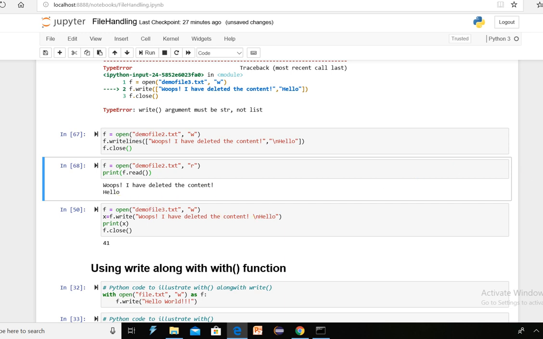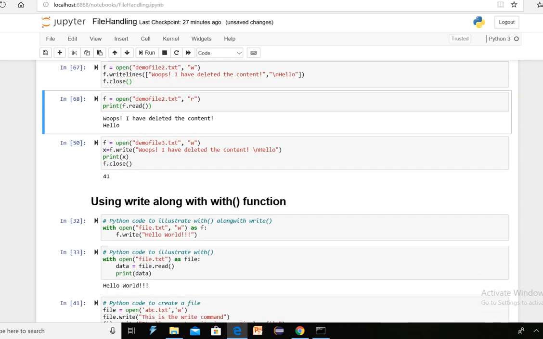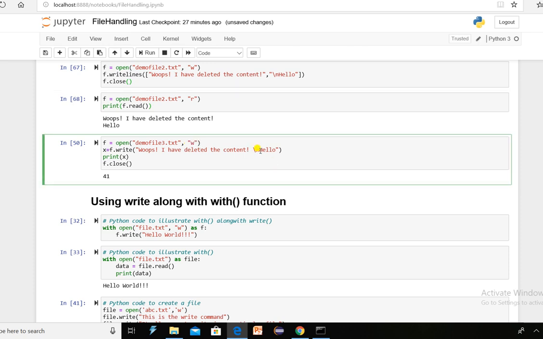So what you have understood here is that with the help of the writelines method, you can write multiple strings in a file. But for that purpose, you need to use a list. So one might have a question: I don't want to use a list, then what are the options? You can do it by using the write method. The first string will be this, then you start the second line by using backslash n.